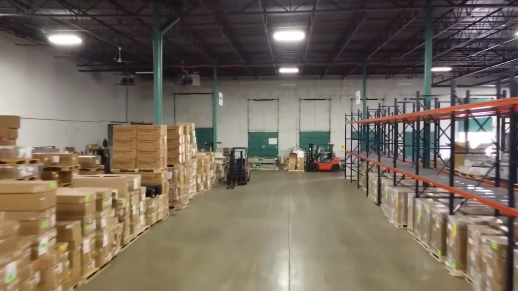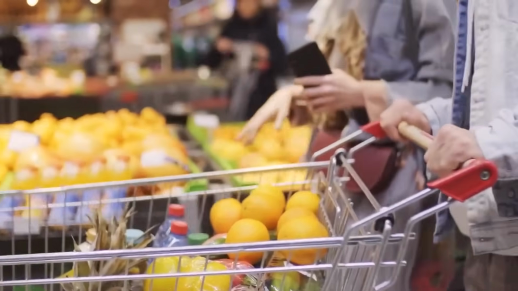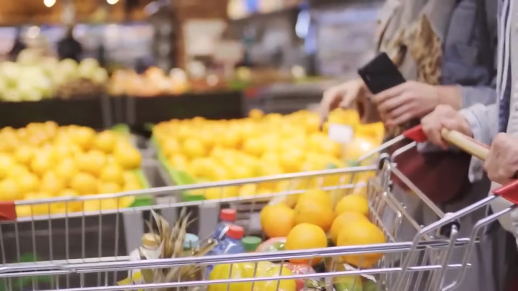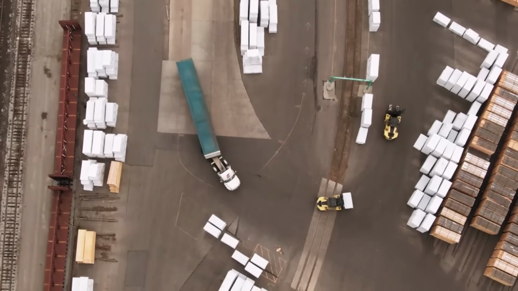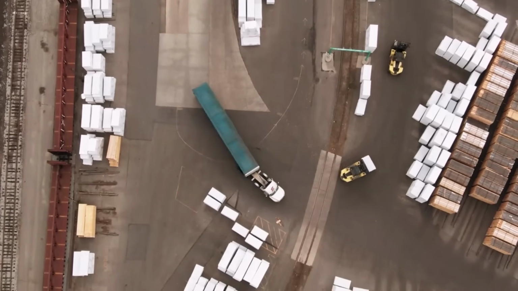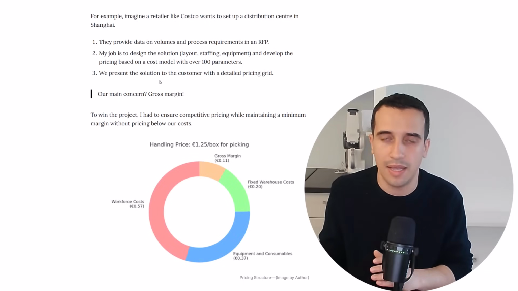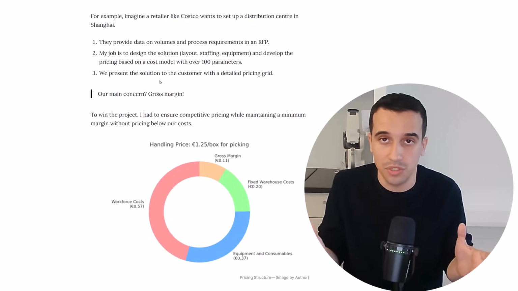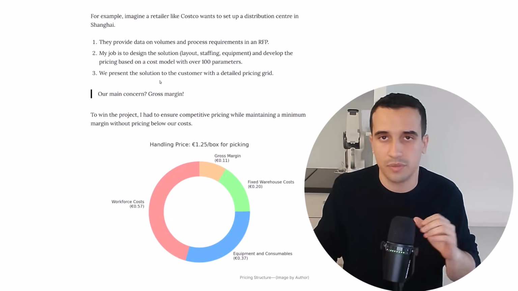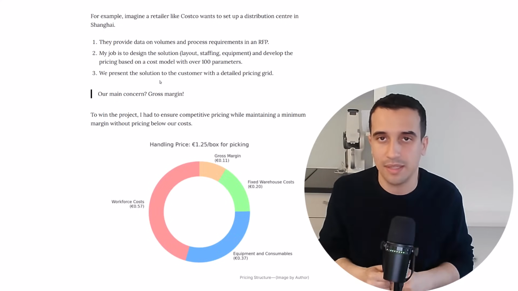So let's imagine, for instance, you are in Shanghai and you have a retailer like Costco that wants to set up a central warehouse. So they call multiple logistics companies and ask them to provide a solution. The solution takes into consideration the volumes provided by Costco. Then based on these volumes, different solution designers design the solution: the warehouse with the layout, the number of operators needed, the equipment,